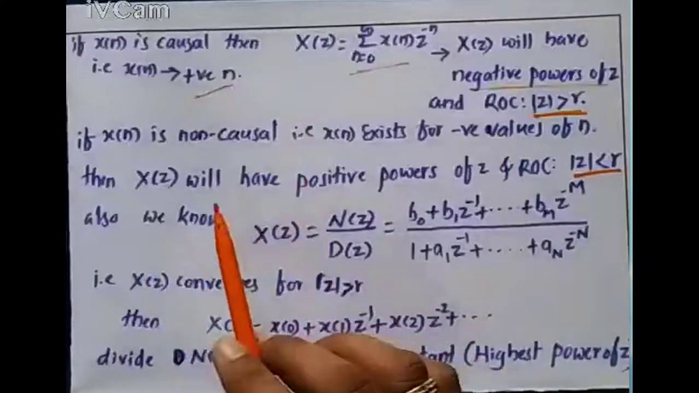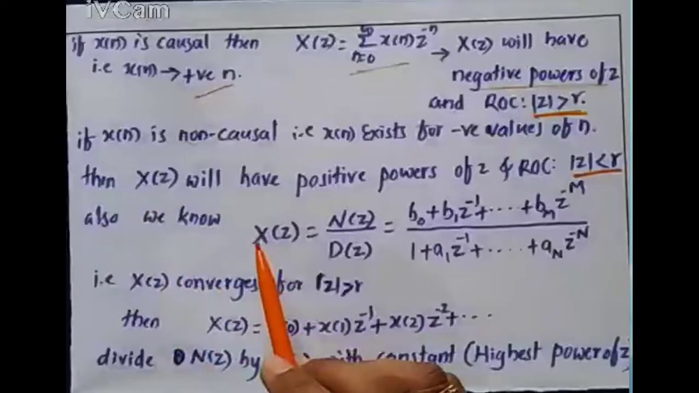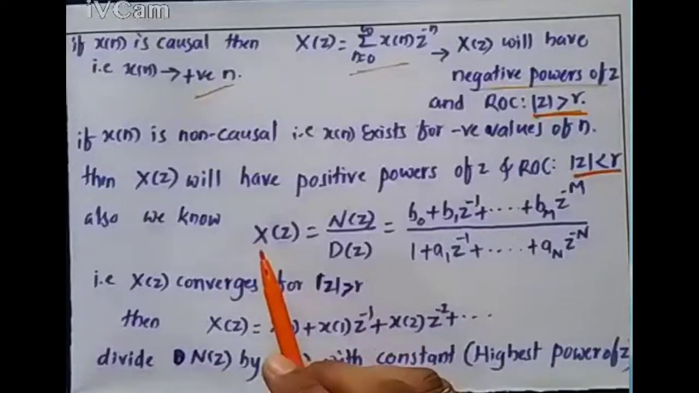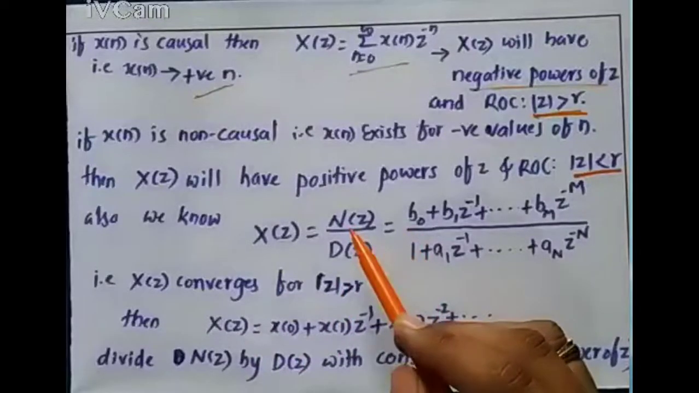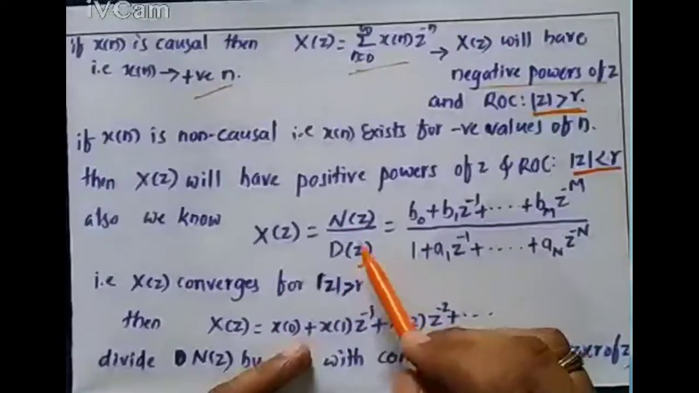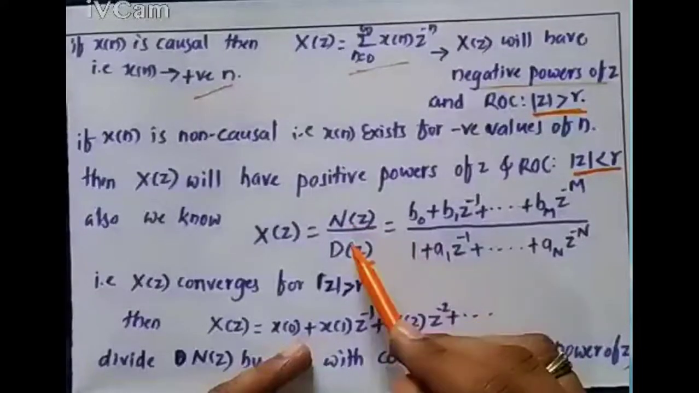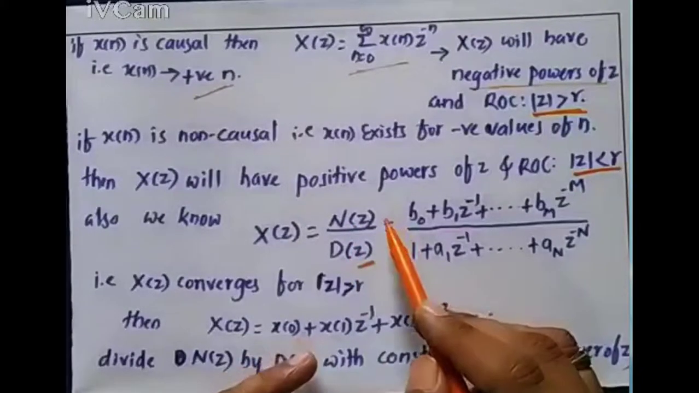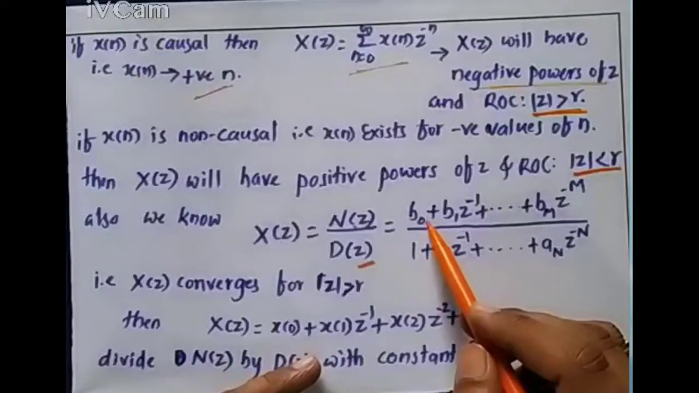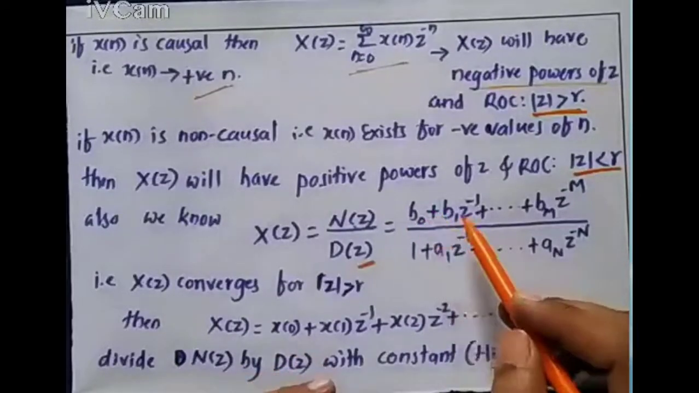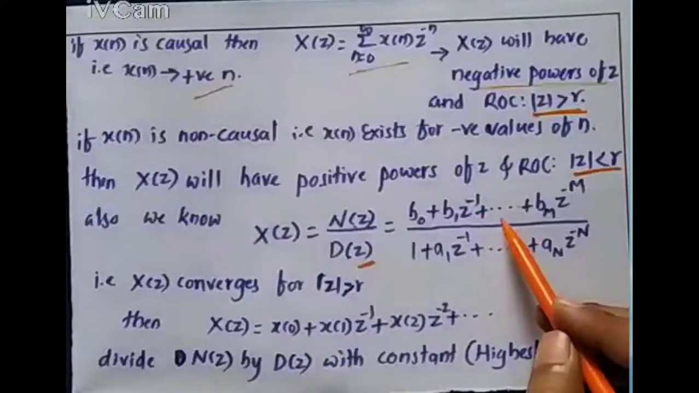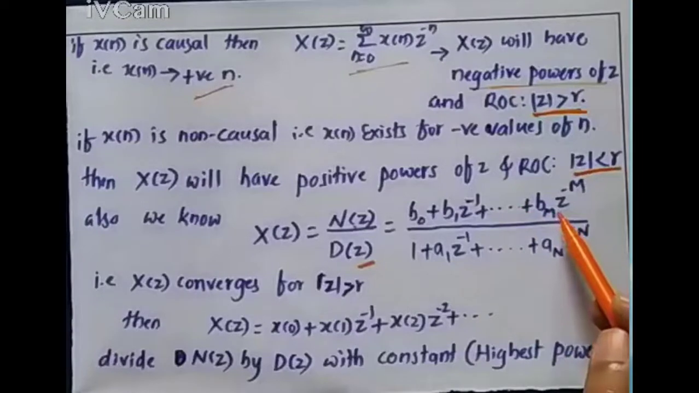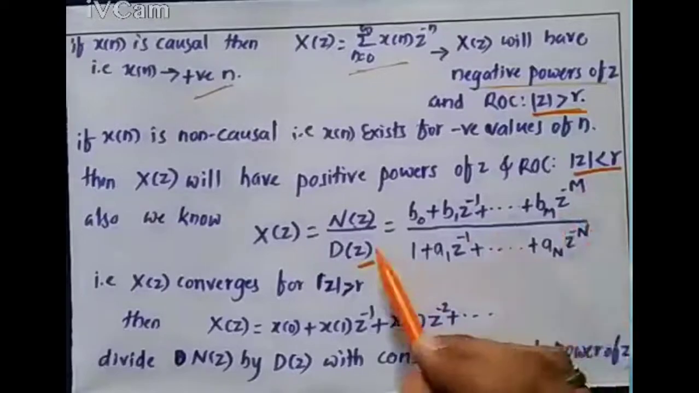We also know that whatever x of z is there for the particular x of n, we can represent it in the polynomial form: the numerator polynomial and the denominator polynomial. The numerator polynomial will have some constant b0 plus b1 z power minus 1 plus b2 z power minus 2, up to m zeros, bm z power minus m, divided by